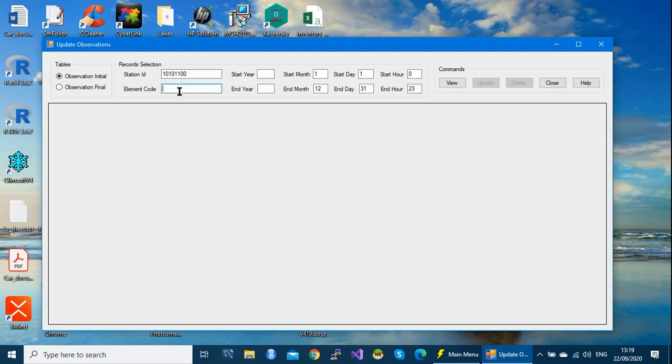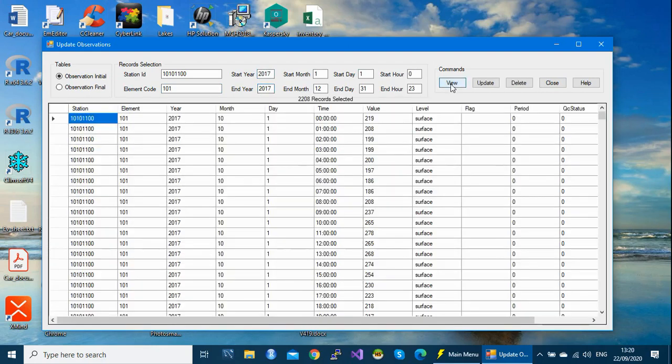So let's start with dry bulb 101, and the year was 2017. If we view, yeah, so that means our data were imported successfully. If you remember, our values are now without decimals. So if we check the second parameter, it was 102 wet bulb.